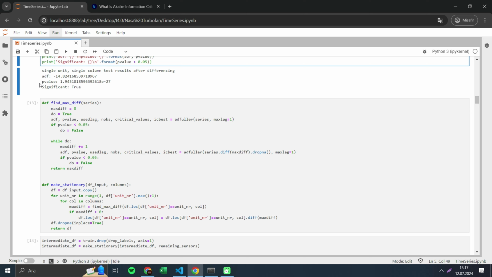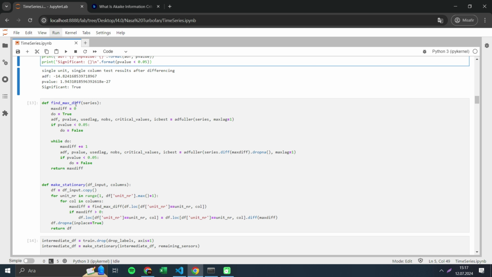This means that we can confidently say the differenced time series is stationary and significant, since the p-value is much less than